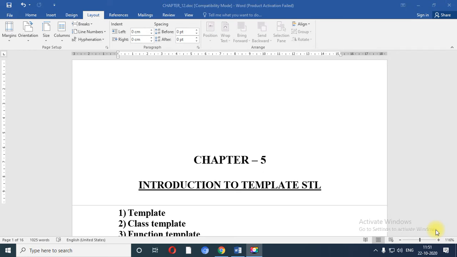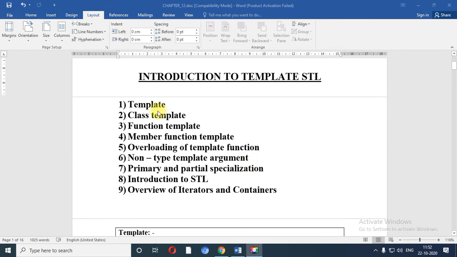In our previous session, we have completed the concept of exception handling. In today's session, we are going to complete introduction to the template STL. In this particular topic, we are going to cover the introduction portion regarding template, class template, member function template, overloading of template function, non-type template argument, primary and partial specialization, introduction to template STL, and overview of iterators